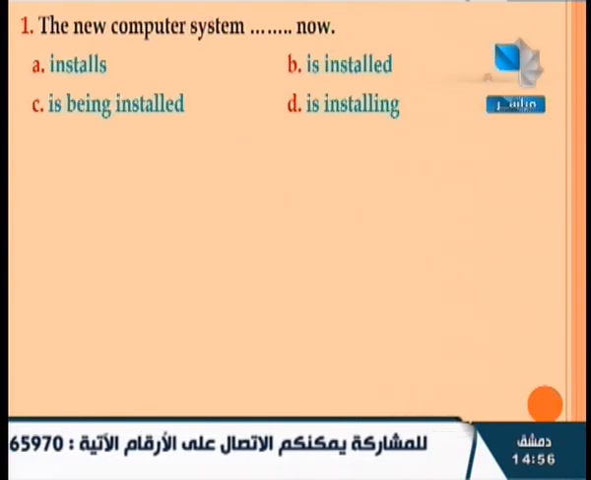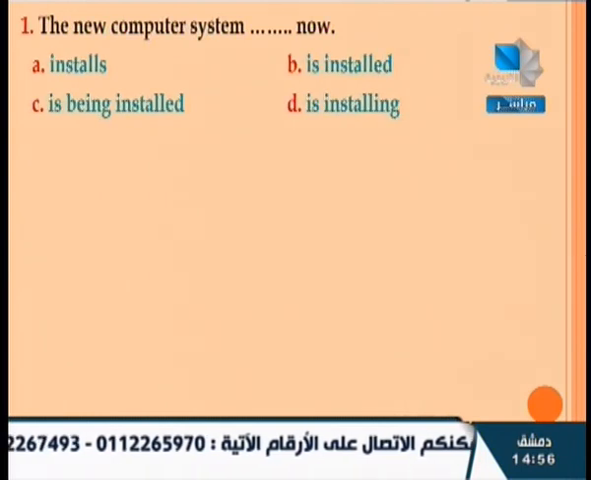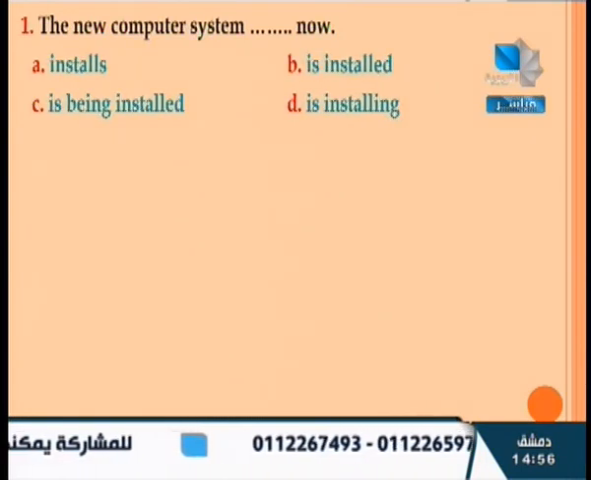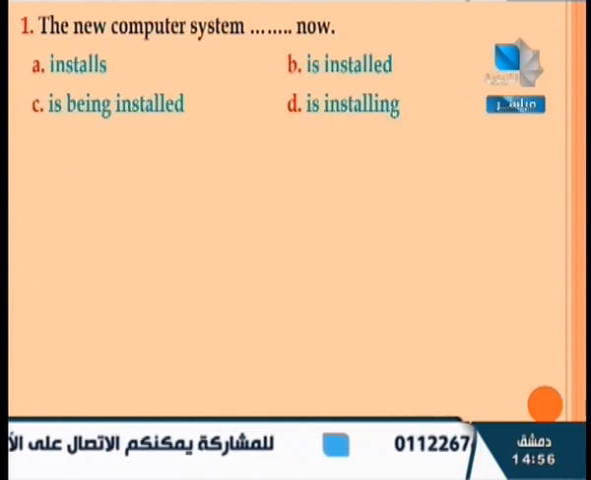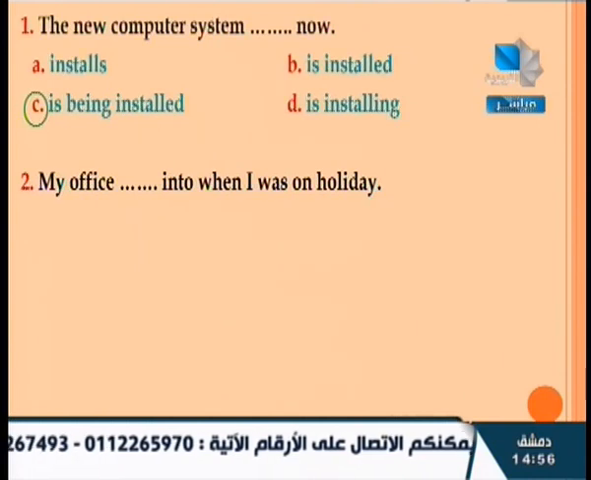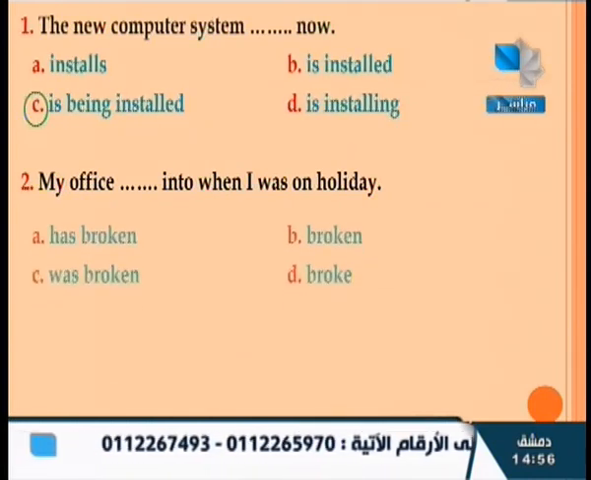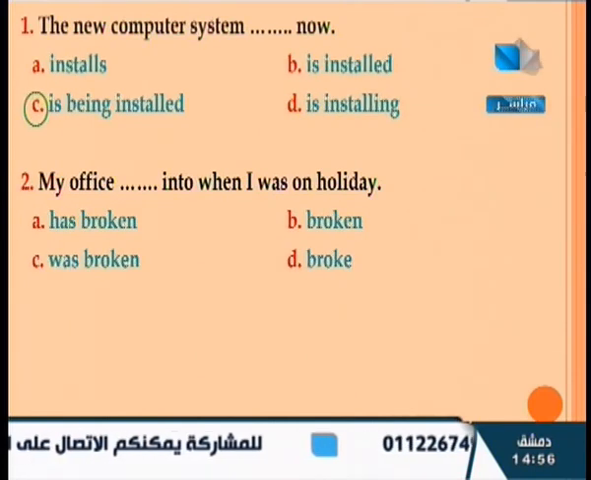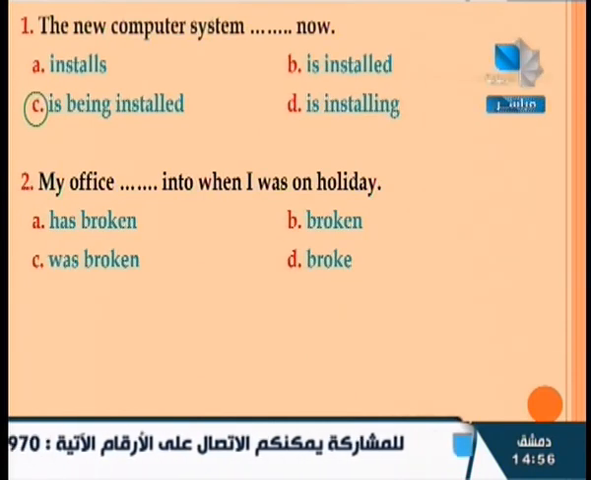The second one: my office, into when I was on holiday. We have 4 choices: has broken, was broken, or broke. The correct answer is option C, was broken. This is in the past simple passive, indicating that something happened to the office in the past and someone else